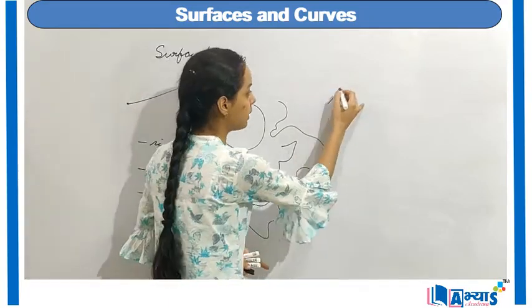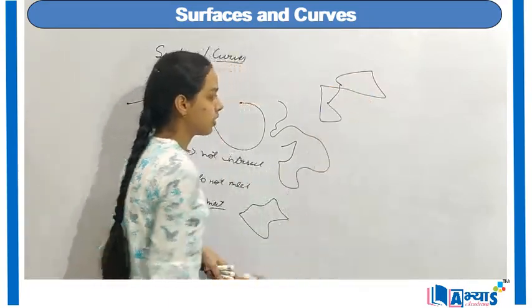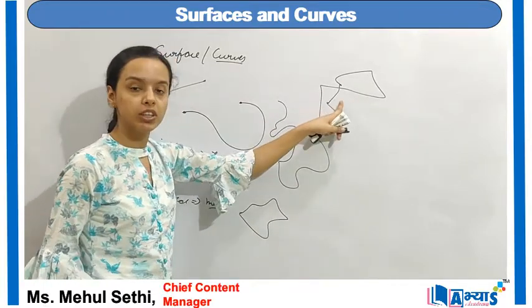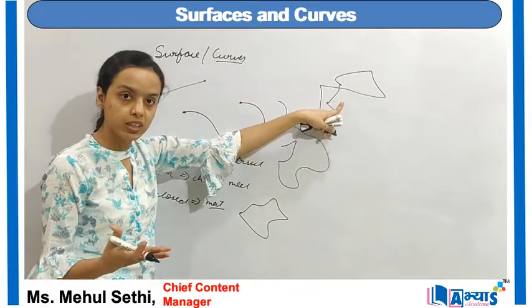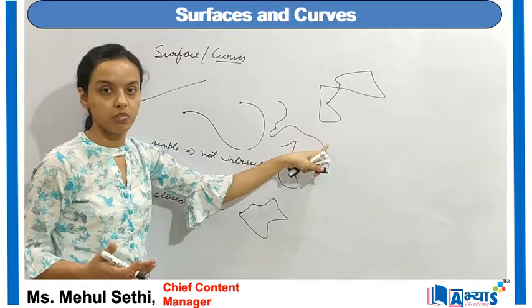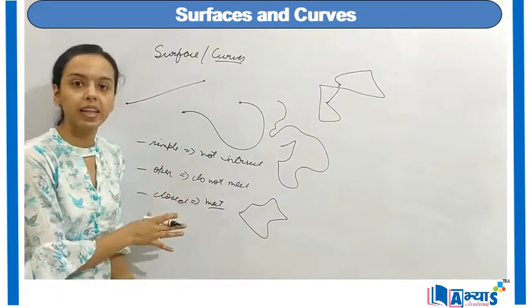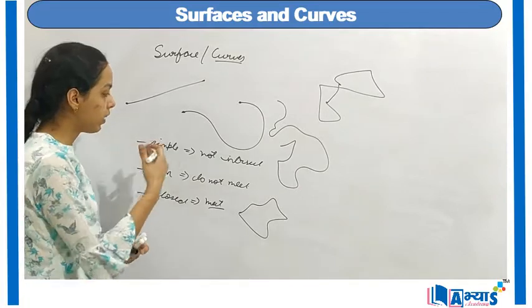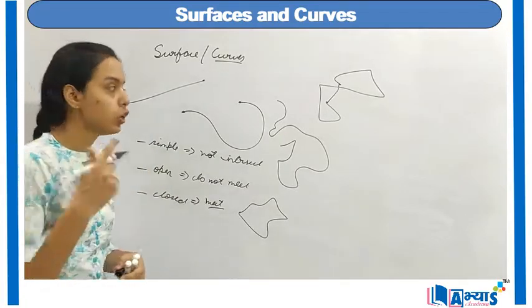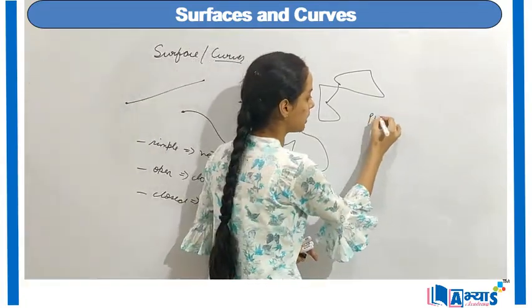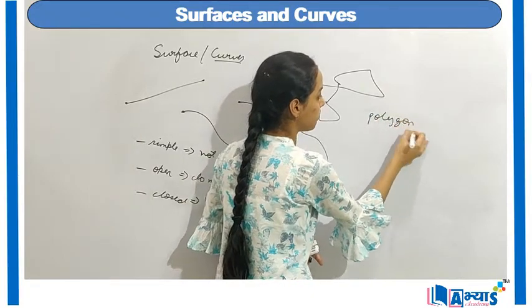But however, if I draw this, in which the lines are meeting over each other, that means it is actually a complex curve and it is a closed curve. So you should know all the categories of curves: simple, open and the closed. Now when you have these three types of curves, you must know that there is a concept known as polygon.